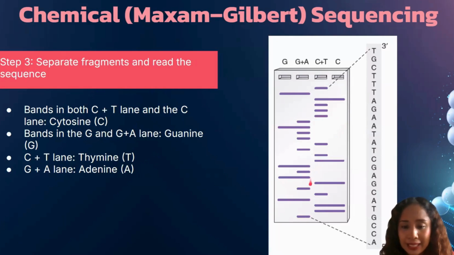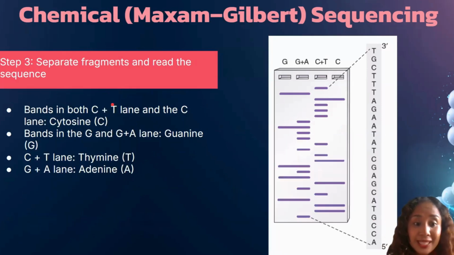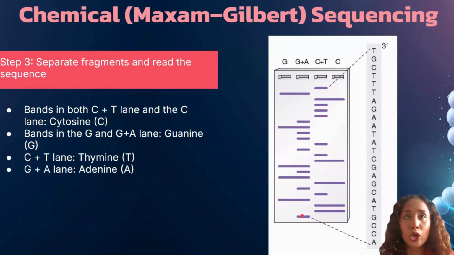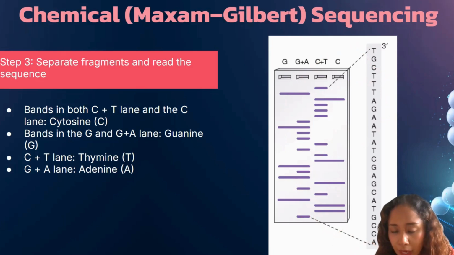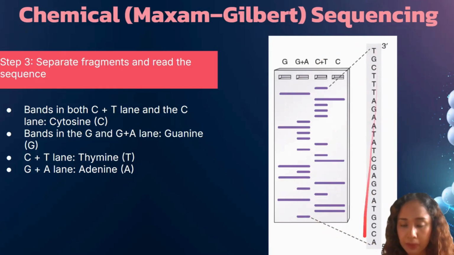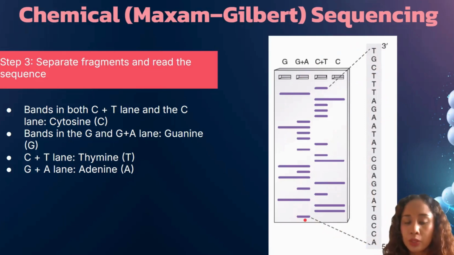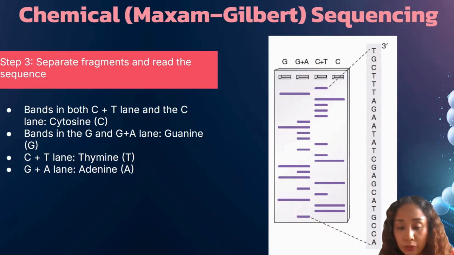So, the band that migrates fastest, or the shortest, is the first one in the DNA sequence. This image is found in Buckingham. You start reading from the 5 prime end to the 3 prime end, okay? So yung pinaka first na nag-migrate, nasa pinaka baba. That's our shortest band and that's the first one in our sequence.